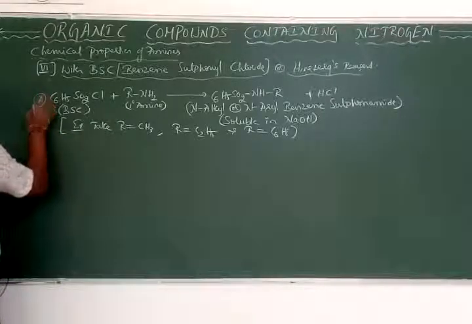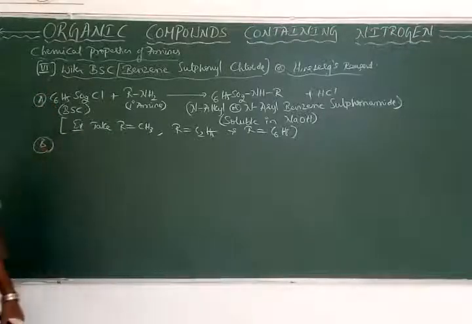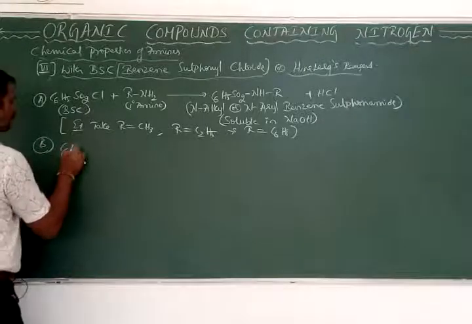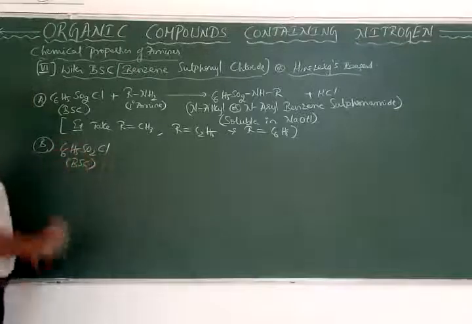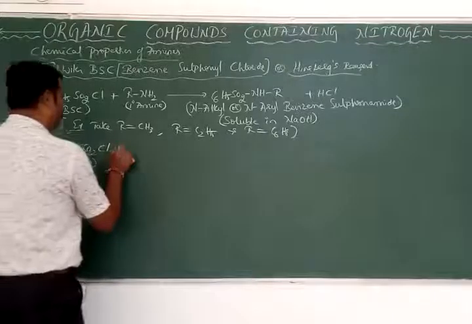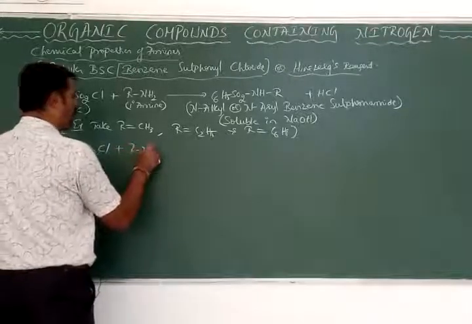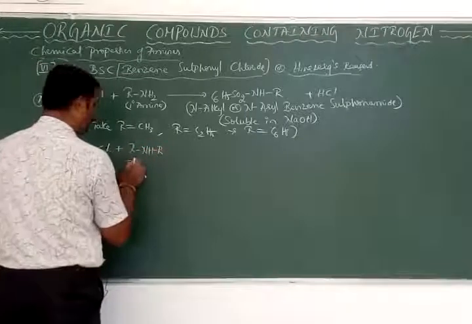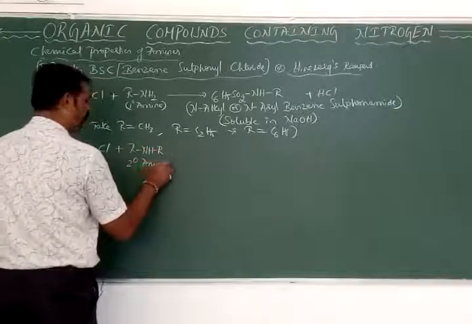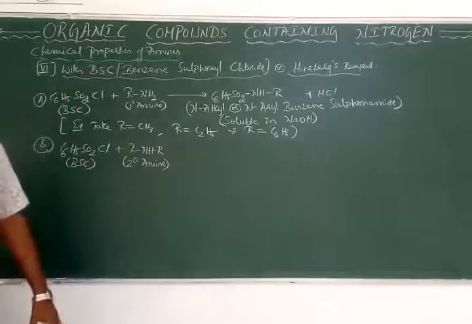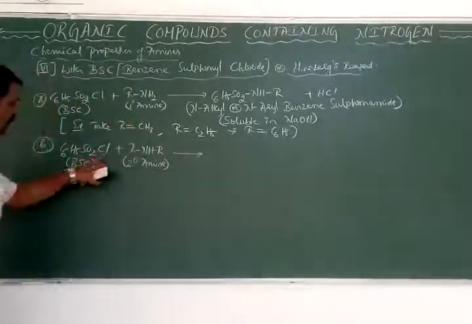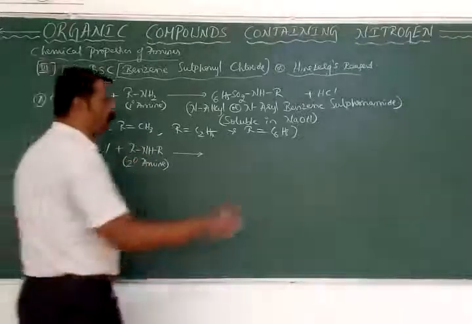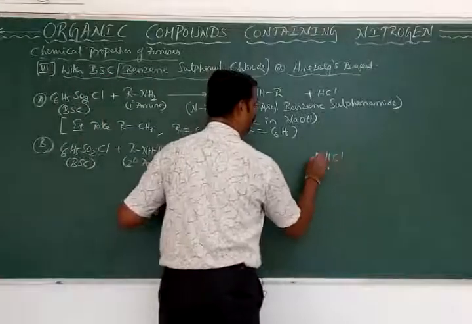Let us have the secondary amines now. C6H5SO2Cl. What is that again? BSC, benzene sulfonyl chloride, made to react with RNHR. This is an example for a secondary amine. Again there is a Cl, again there is a H. Therefore there is a removal of which one? HCl, plus